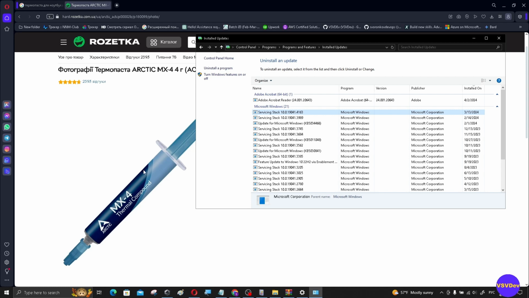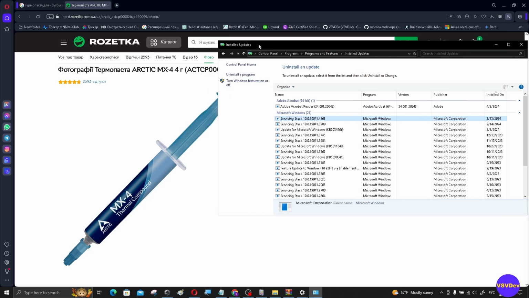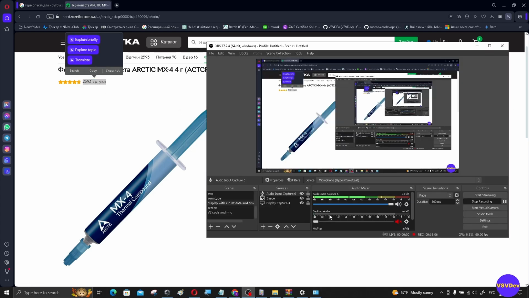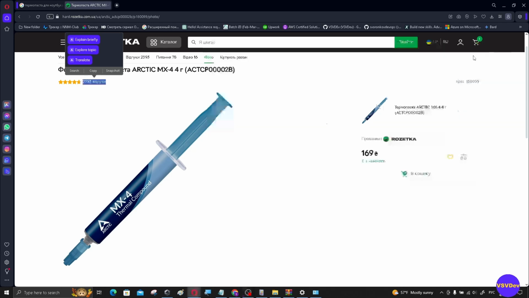And for thermal compound, I can advise this thermal compound Arctic MX4. I used it for my old laptop probably 3 years ago, and it still works. You can see that it has good feedback, and it probably costs